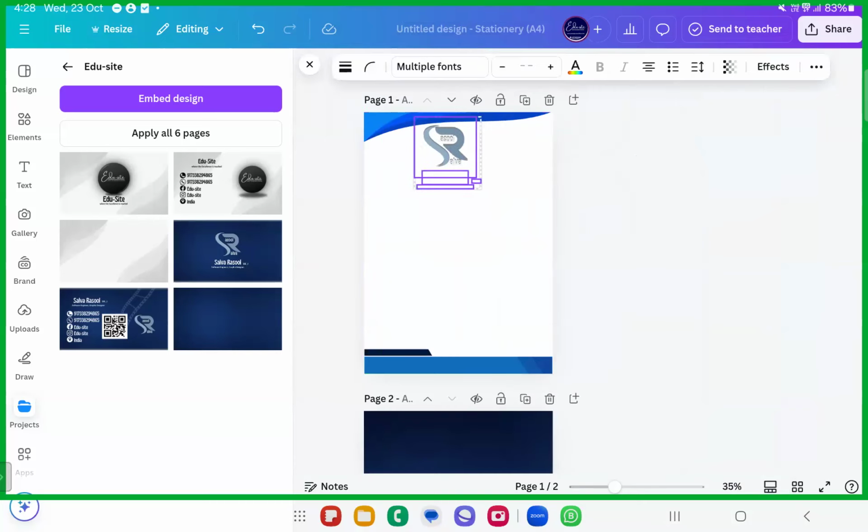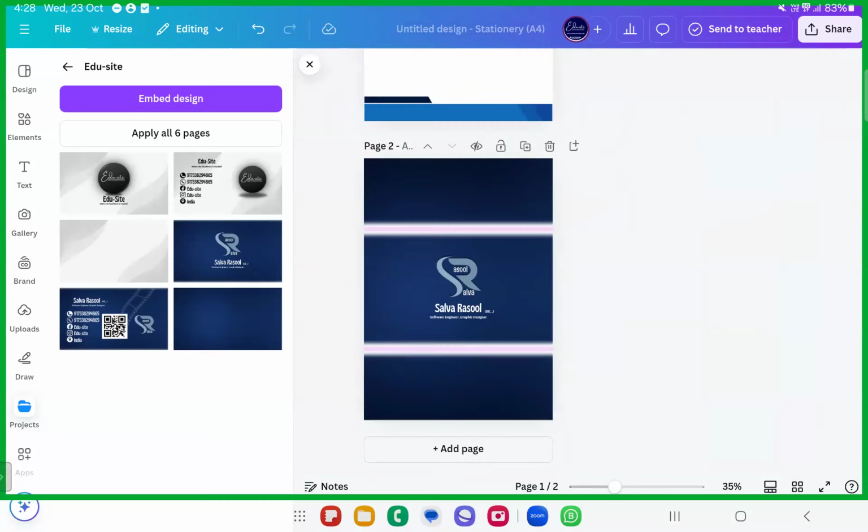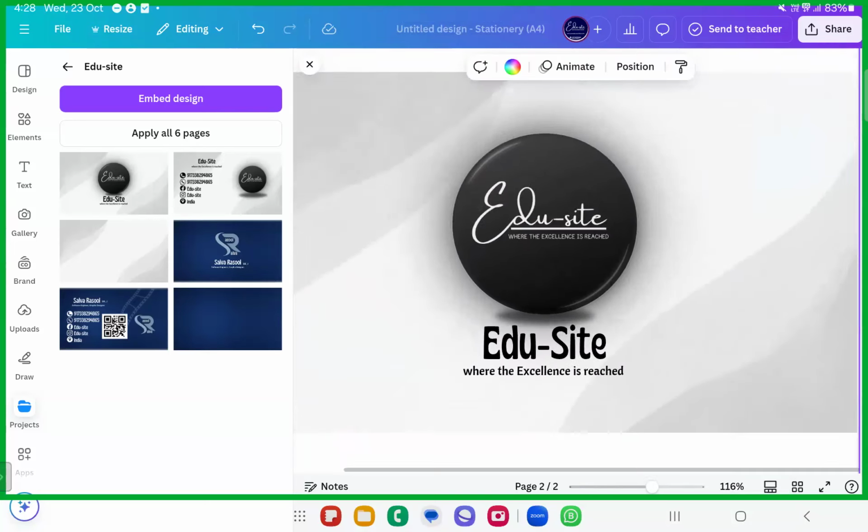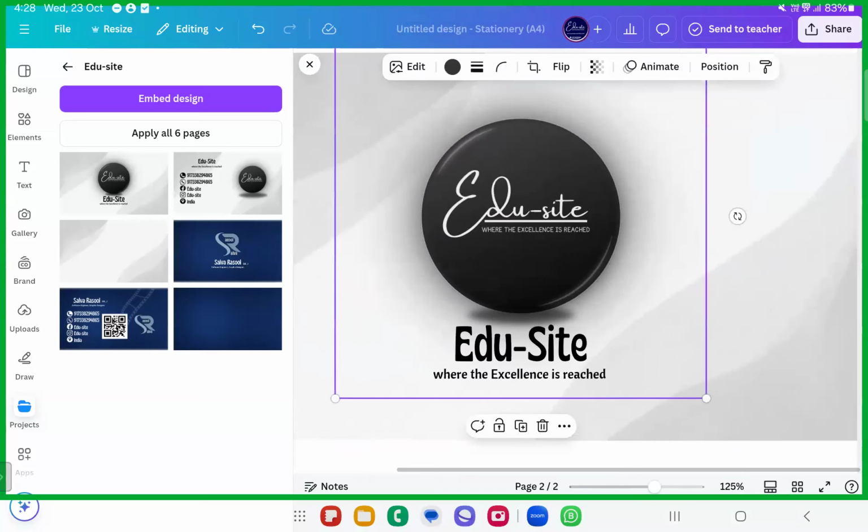If you want, center align it or wherever you want. You can place it, or if you want it on the top right, you can place. I think it's better for the white one. We'll take the white one. This one. Fine. We'll just take this.